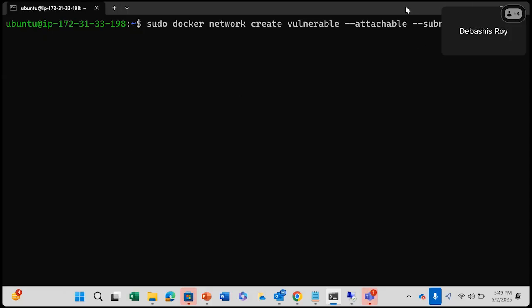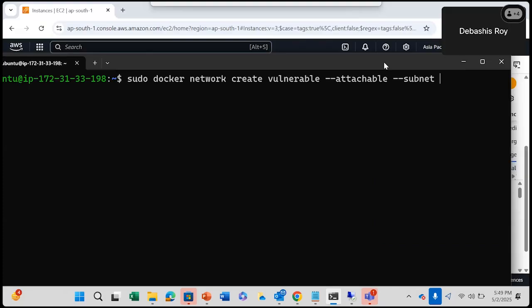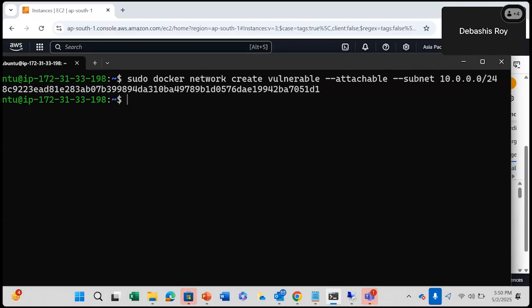These options, the queries are coming and blocking my screen only. Anyway, the subnet, I'm giving, suppose, 10.0.0.0/24. That means it can go to any option, starting from 10.0.0.1 to 23, the entire thing. So I'm creating a subnet in this particular range. So this is being created.